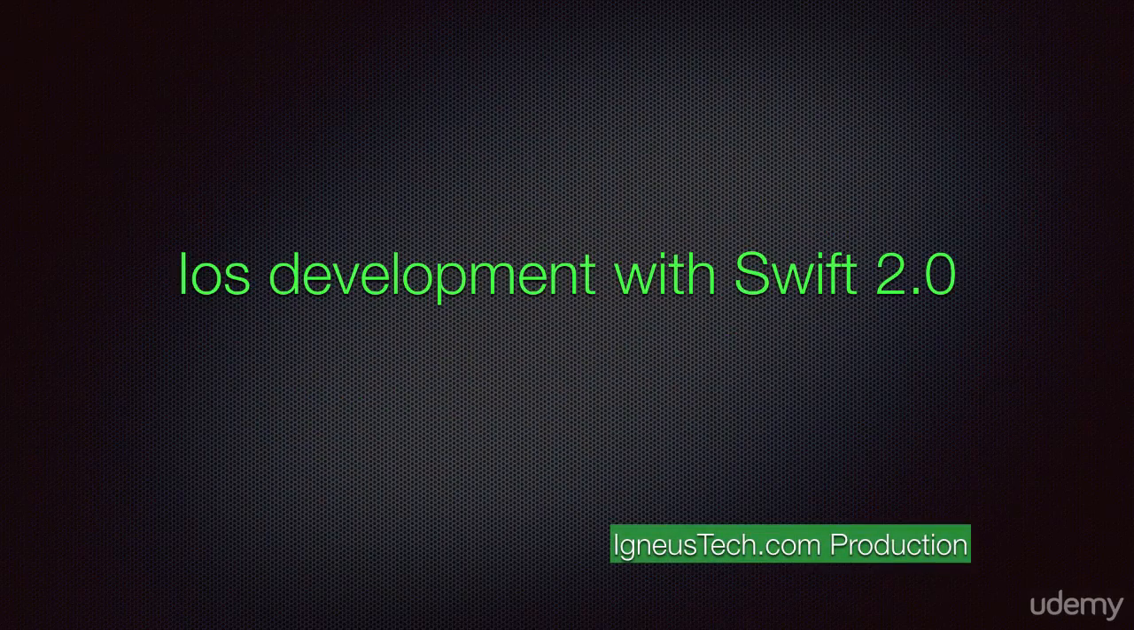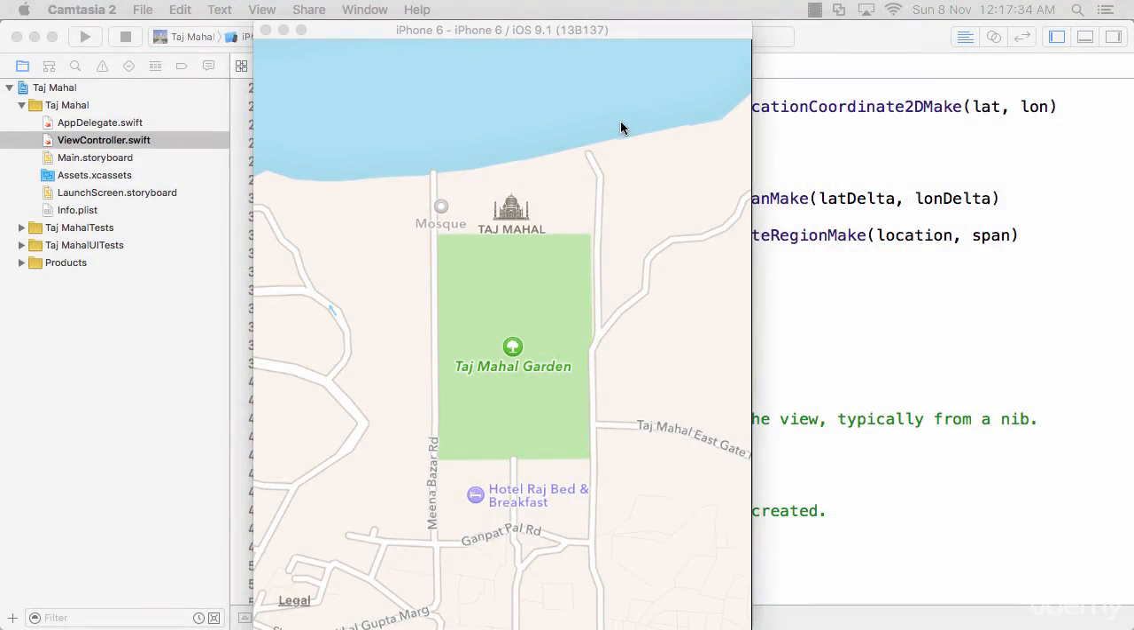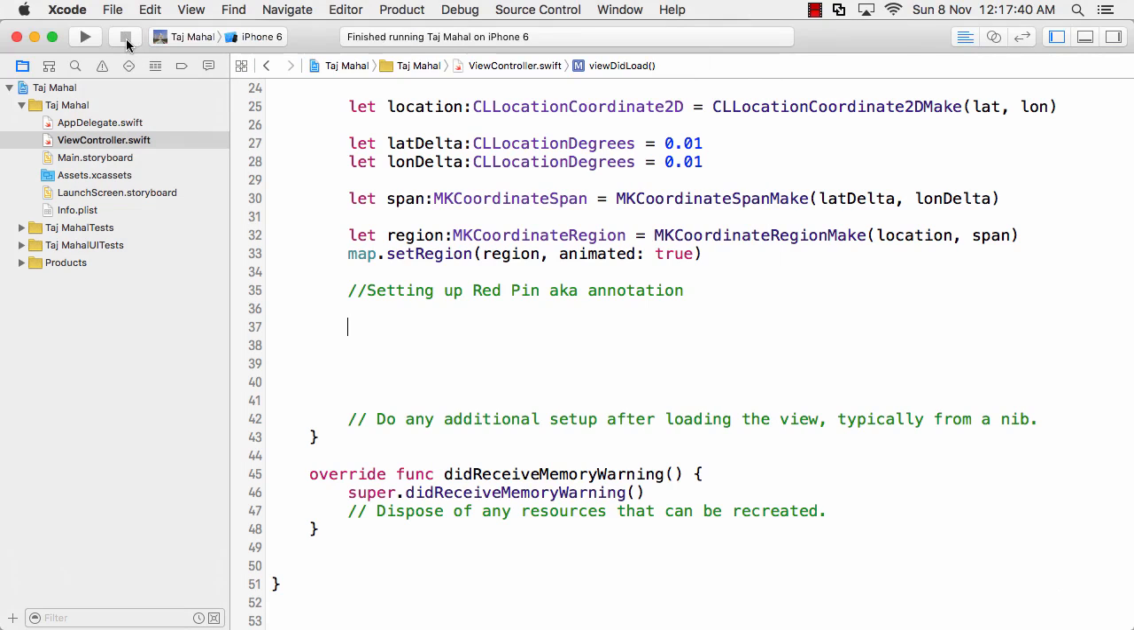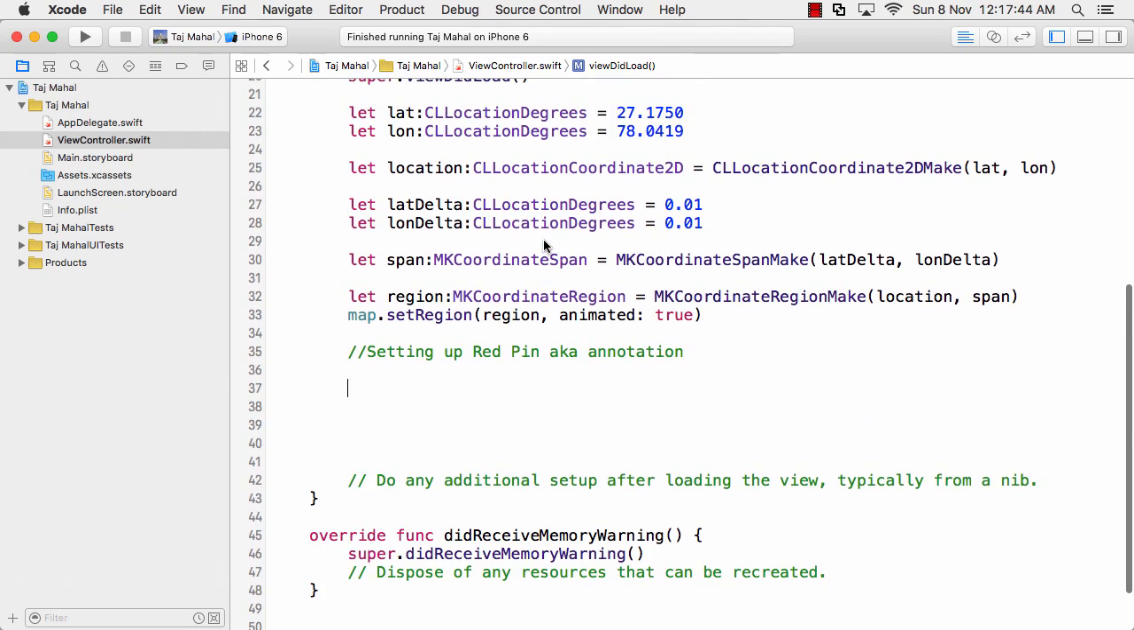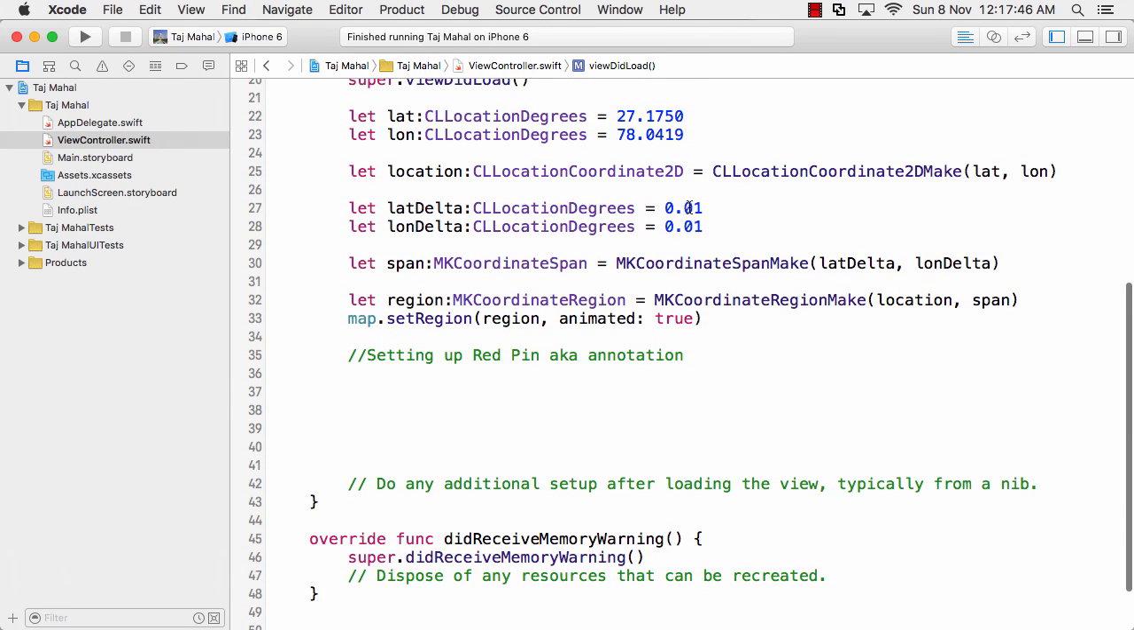Here we are messing around with the maps again, and this is where we left off in our last movie, trying to have a look on the map for the Taj Mahal. So let me stop this app running on an iPhone 6 simulator. I haven't touched the code much apart from this 0.01, that's the zoom level, a bit more zoom so that we can see the Taj Mahal